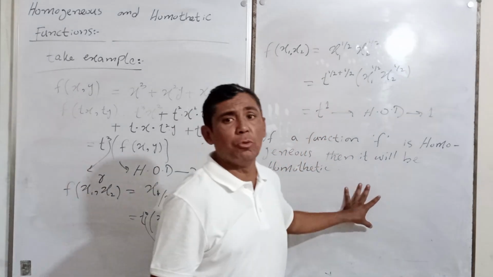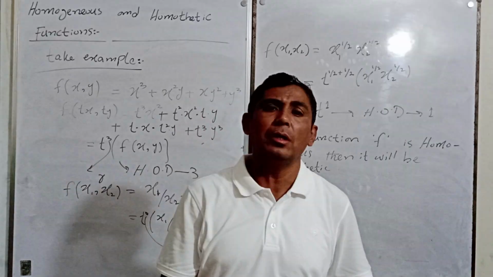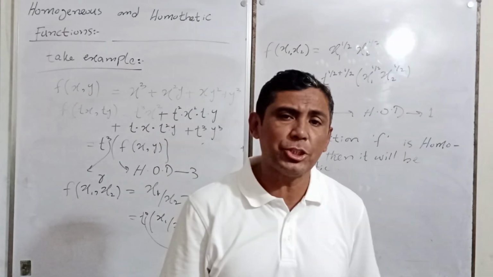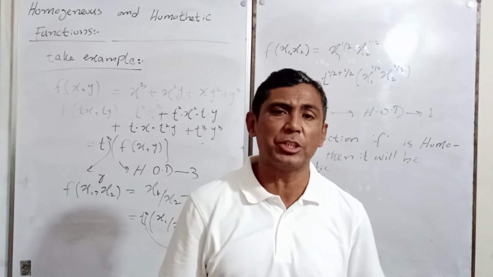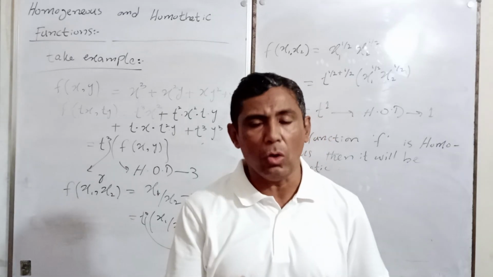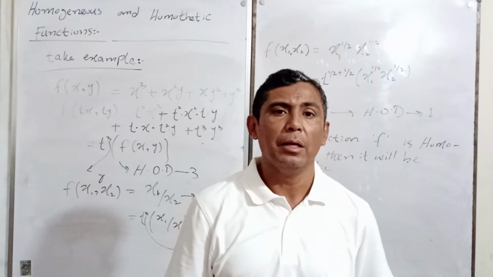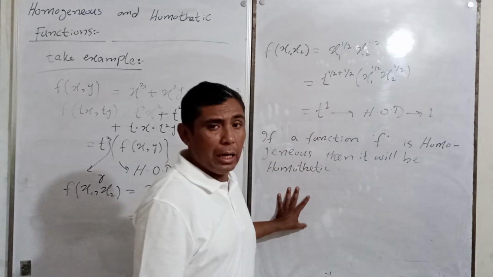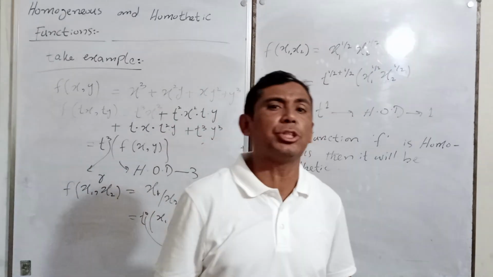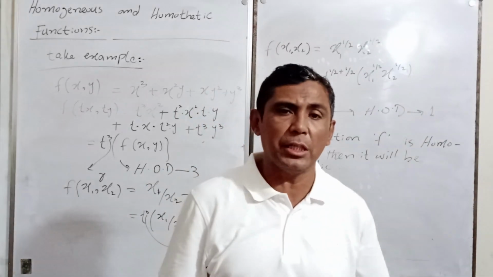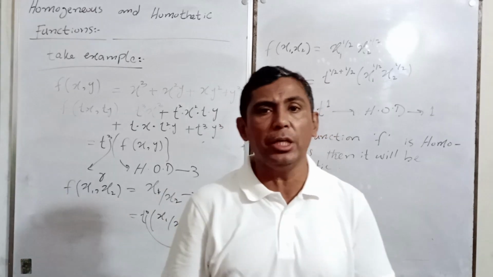So, we will have some numerical examples in my coming video. First of all, we will discuss how you can define the homothetic function. Then we will show how you can prove that a homogeneous function must be a homothetic function and vice versa is not possible. Clear? I think it will be clear now. Okay, so just wait for my coming video, inshallah, this week, or after just one or two days I will upload my next video related to the homothetic function.